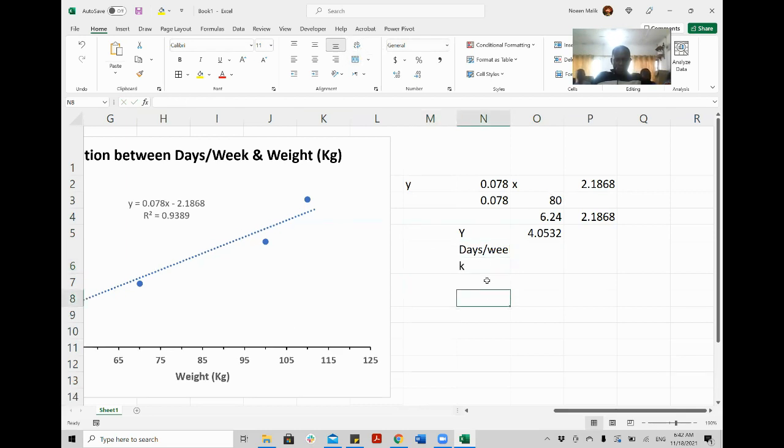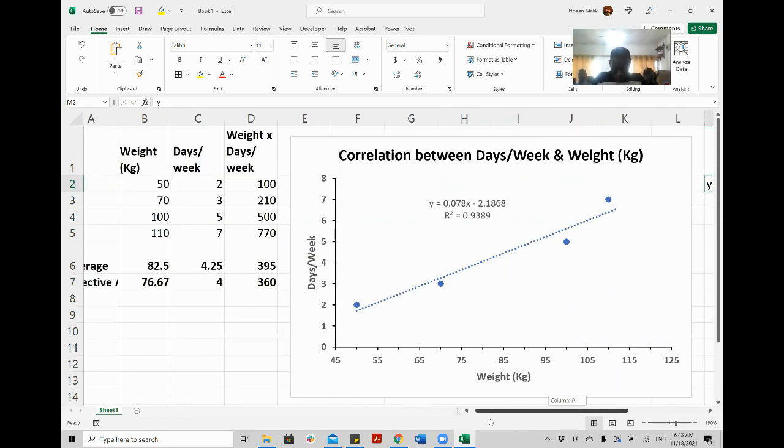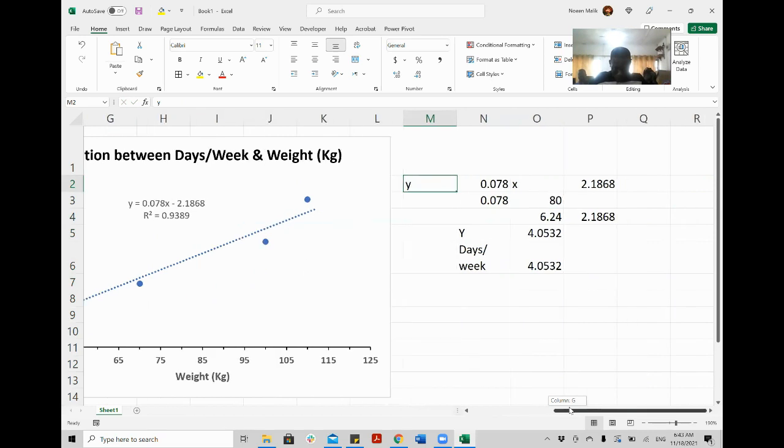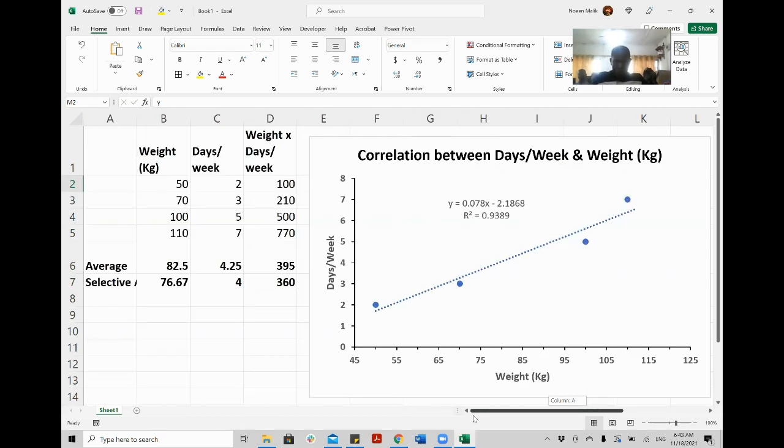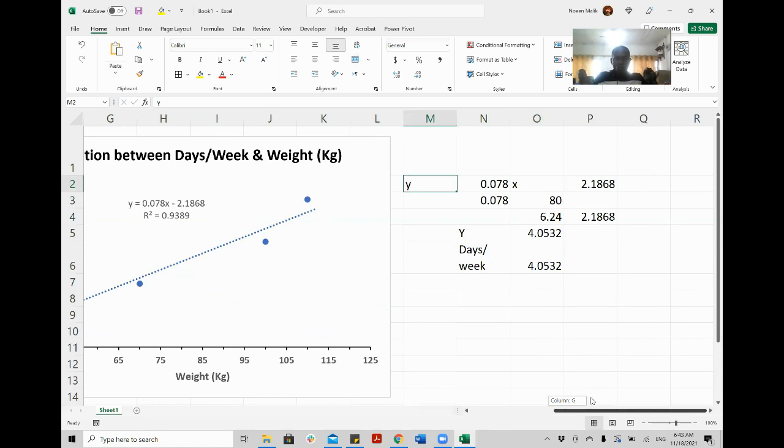Same way you can calculate, let me drag it down because this is the same value. Okay. Same way you can calculate X value. If, for example, number of days are given, but someone is asking you a question, for example, if someone is asking you that in 4 days, how much weight the person should be to lose the weight. So let's calculate the X value.